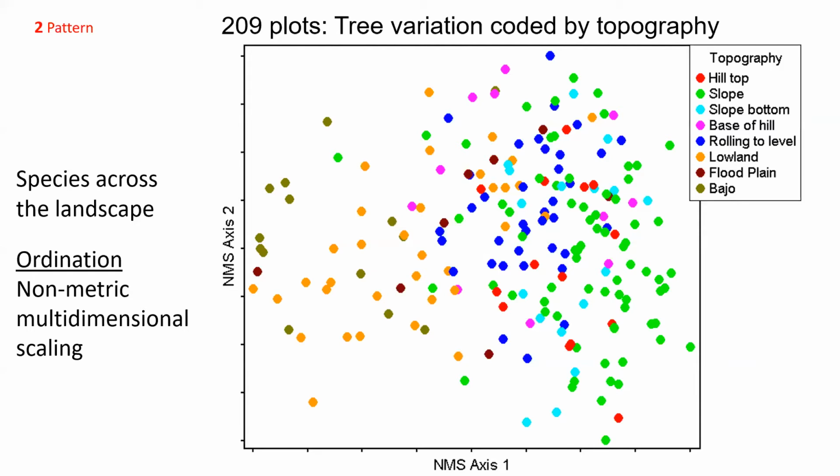This is not news. Every forester knows that site conditions influence tree species composition, but it is gratifying to see that it still works when you have some 150 tree species. By the way, the 150 that we encountered is not the total number of species in the area, probably up to twice as many, depending on how far away you get from where we were working. This is species over 10 centimeters in diameter. So here's a pattern that conforms to that diagram I showed you, the Charles Wright diagram.